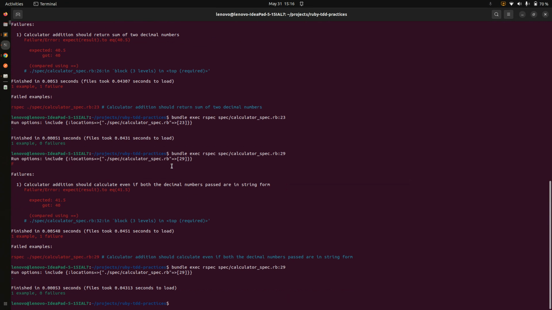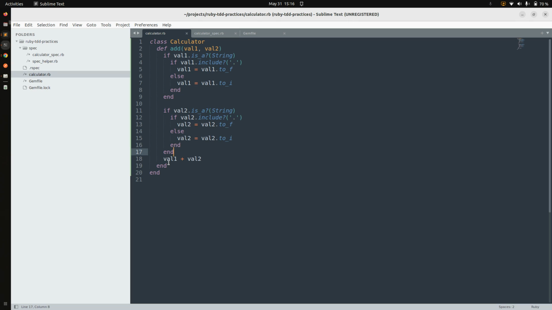Now you will see that your spec has been passed. What you changed here is that first you are considering that if value 1 is a string, I mean the first argument is a string, then you are making another check: if it contains the decimal point, the dot, then convert it into a float or decimal, else convert it into an integer. And if value 2 is also a string object, then